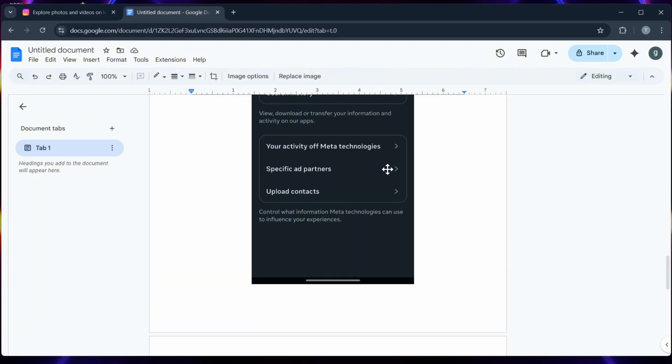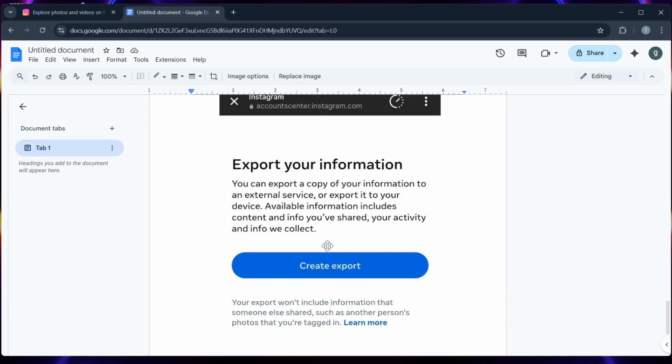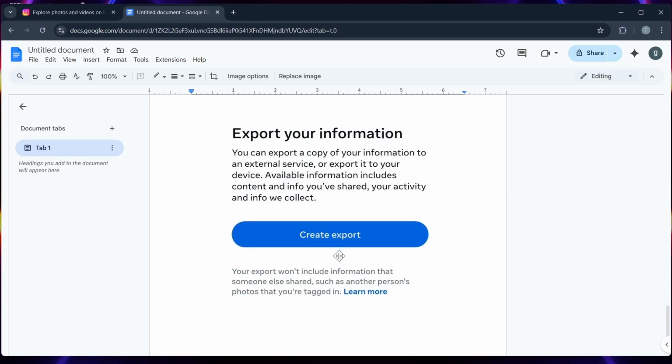And then after clicking that, you will be redirected to this one, and then click create export and then export to your device. And then after downloading all of them, the file that was named pending follow request.html should be there. And then step 6, open that file and then you will see there your sent follow request on